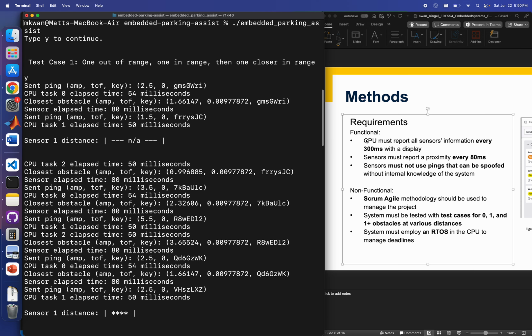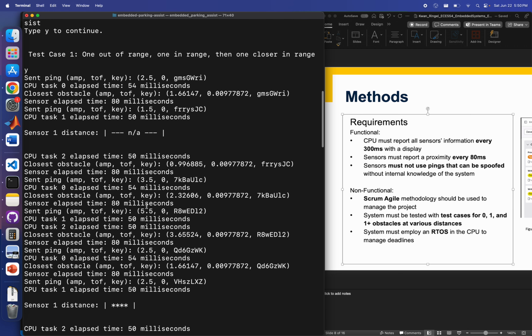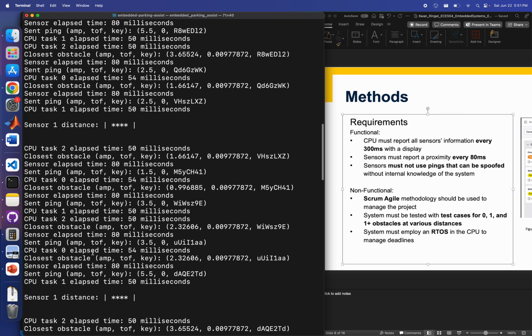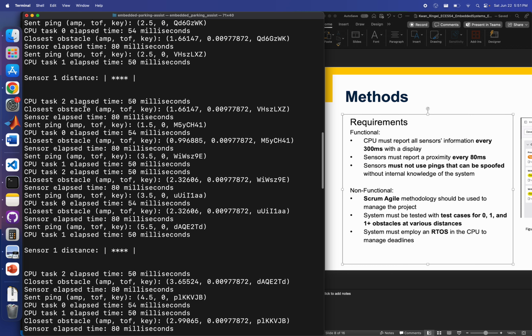And now let's go one by one through the requirements. The CPU must report all sensors' information every 300 milliseconds. This is for one sensor, because there's only one here, so we can count the number of milliseconds between messages. We'll see 80 plus 80 plus 80 plus 80, 1, 2, 3, 4. 4 times 8 is 320. About 300 milliseconds passed here,